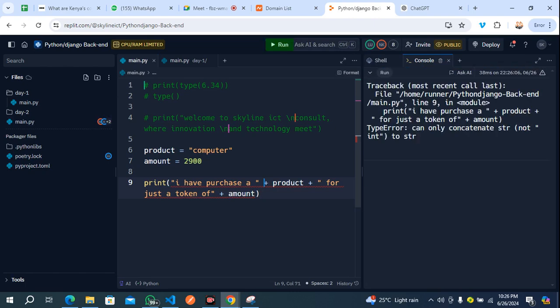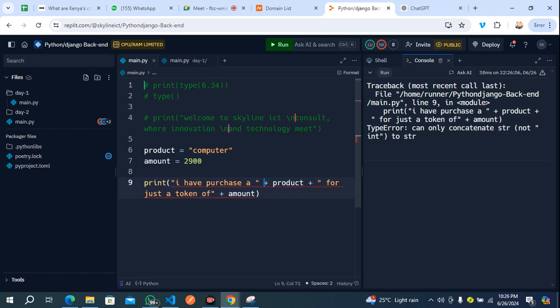And you notice that we are having a problem. And now what problem are we having? Read the error very well. Read the error very well. It said, print, I have purchased a product plus for just a token amount. It said type error: can only concatenate string, not int.